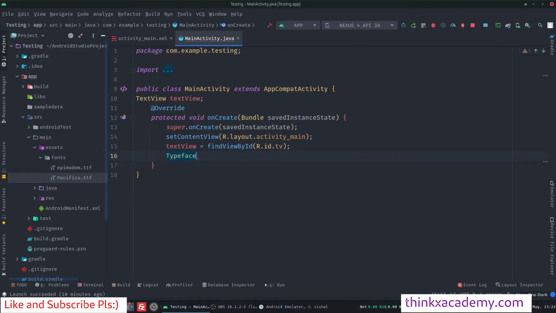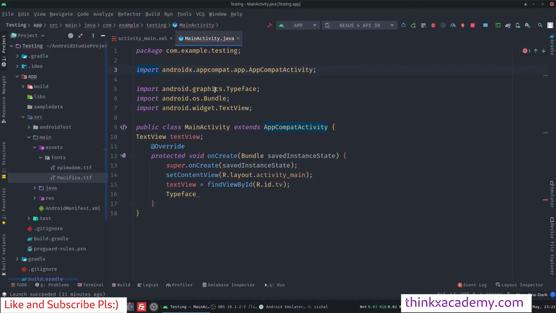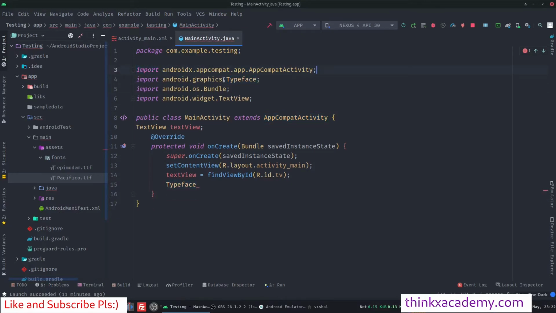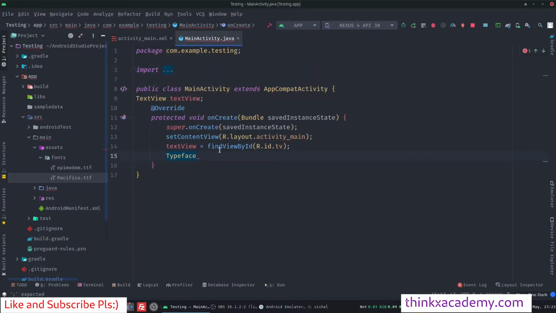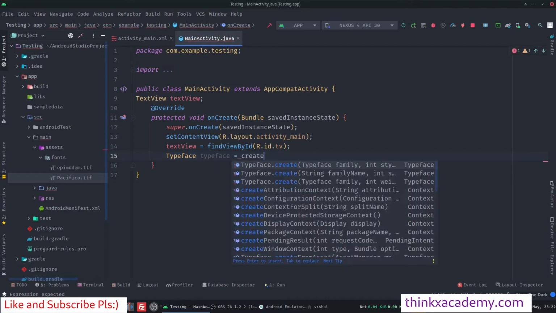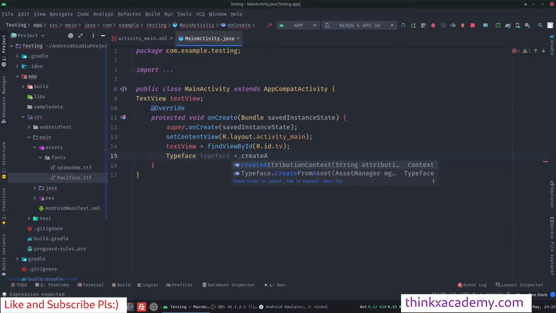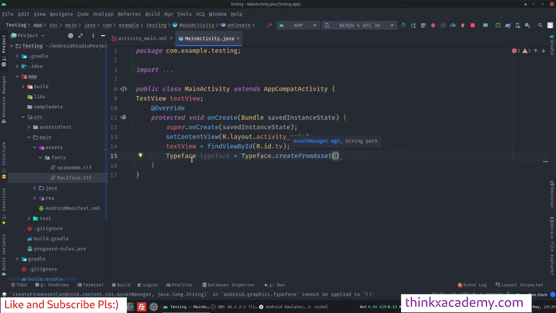I will press enter, and when I press enter you can see it has automatically imported this graphics.Typeface file. Now here I'm going to create a variable which is Typeface, and then I will write create, and here it will show me some suggestions. So I will just write createFromAsset, and then it will automatically use this Typeface.createFromAsset. Right, so we will have to call this createFromAsset function, and inside we will have to give it two parameters,